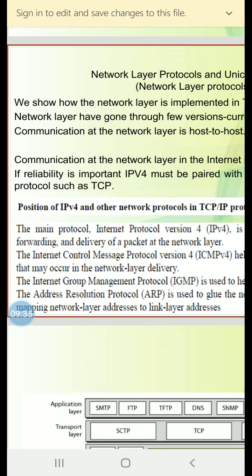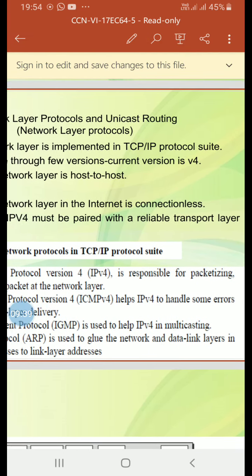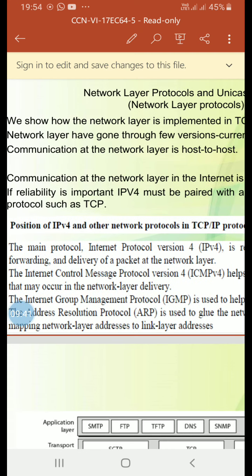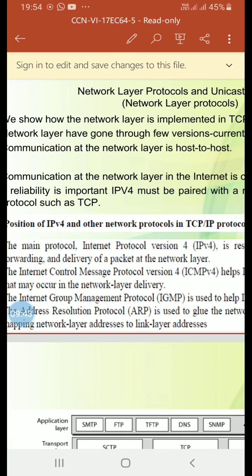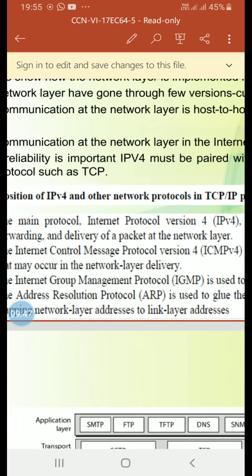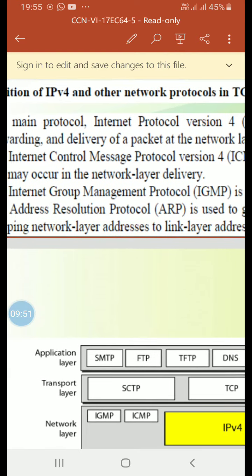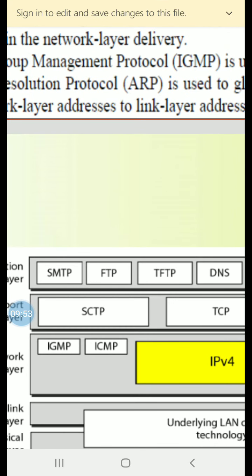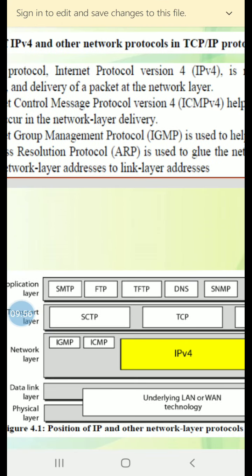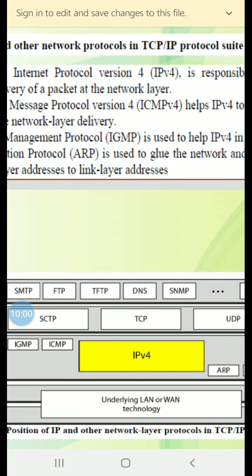The second point is that communication at the network layer in the internet is connectionless. If reliability is important, IP version 4 must be paired with a reliable transport layer protocol such as TCP. Here the figure shows the positions of these four protocols in the TCP/IP protocol suite.